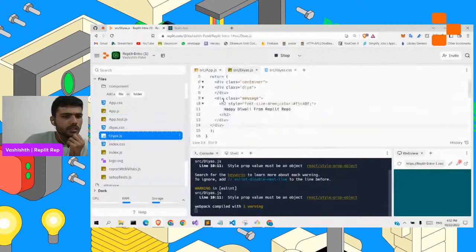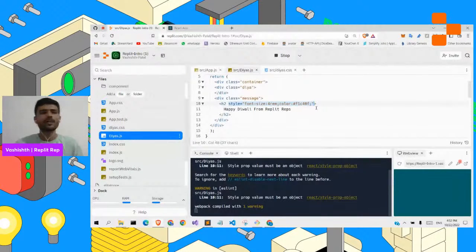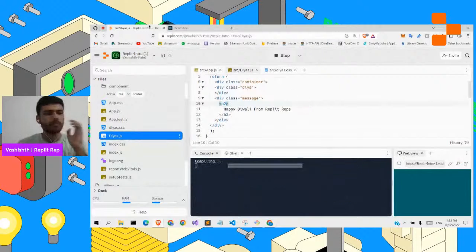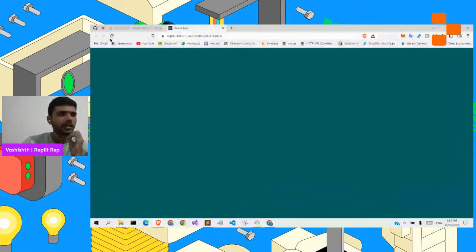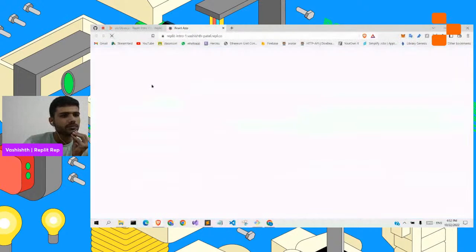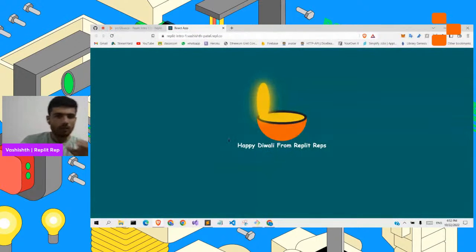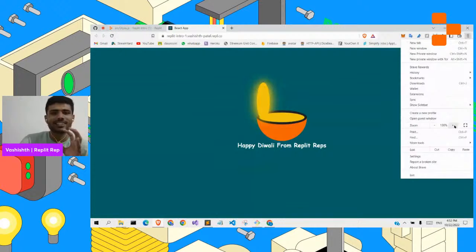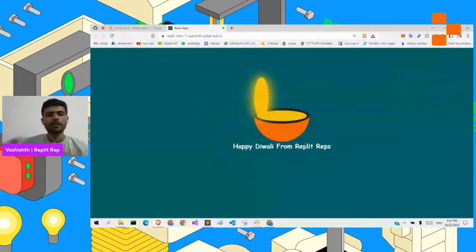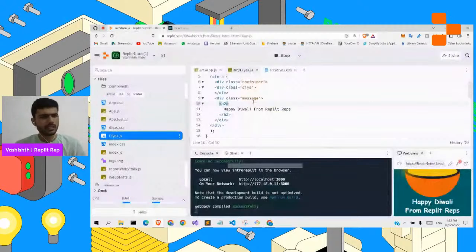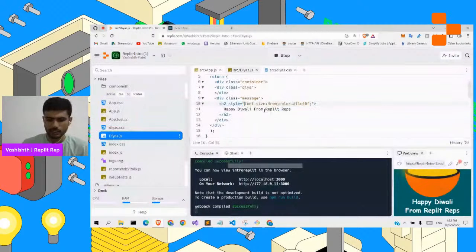So okay, so that should be, basically in React you cannot define style like this. Fine. So I'll just remove it, and let's just see now the page. And now you see our page is working perfectly. I guess. Thanks a lot. Okay, so you see the page is working, and the way you can define that style is you have to